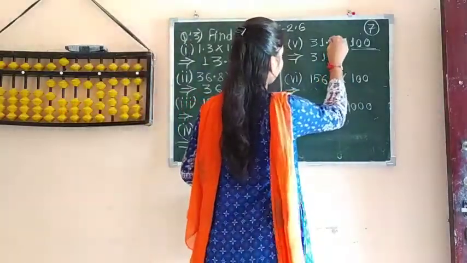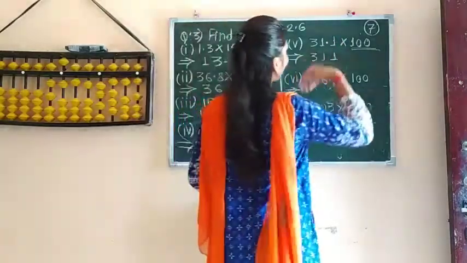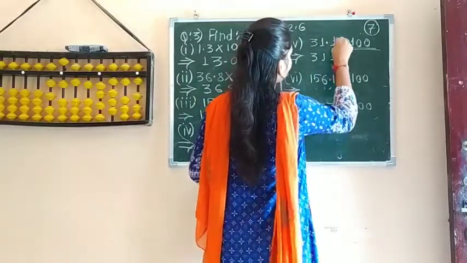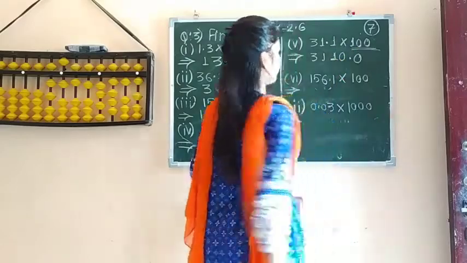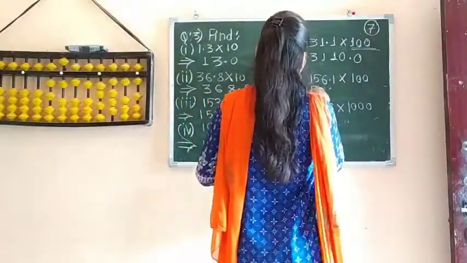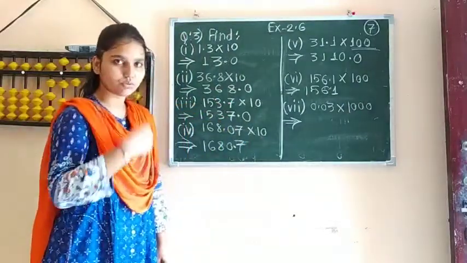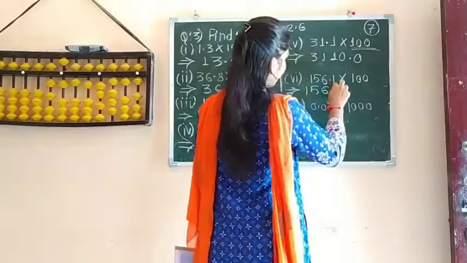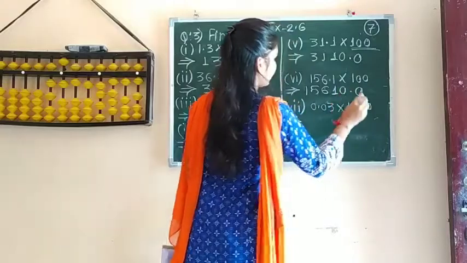So this is 1, means यहाँ पे डेसिमल है, डेसिमल के बाद 1 डिजिट ऑलरेडी है, और आपको 2 डिजिट से राइट की तरफ शिफ्ट करना है और फिर डेसिमल देना है. सो हाउ यू विल डू? डेसिमल के बाद सिर्फ एक ही डिजिट है, तो 1 more 0 and this 0. So this is the answer. 1561 as it is, 100 से मल्टीप्लाई हो रहा है, shift the decimal towards right by 2 digits. So see, डेसिमल के बाद 1 डिजिट है और एक डिजिट चाहिए, तो यहाँ पे 0 लिख के 0.0. So this is the answer.